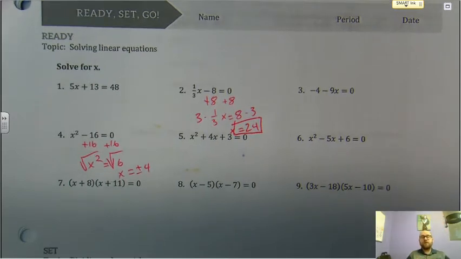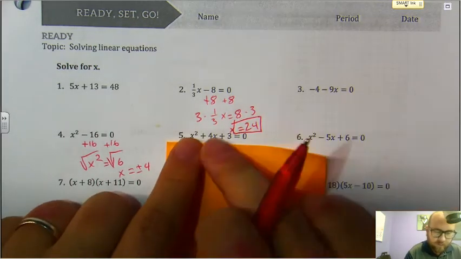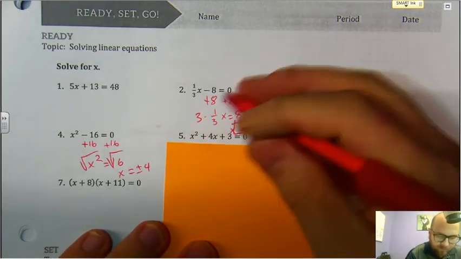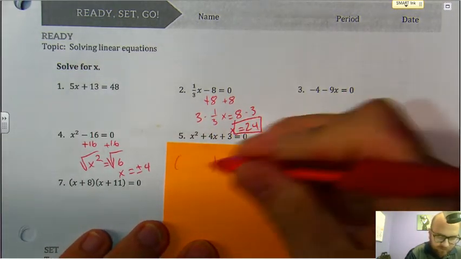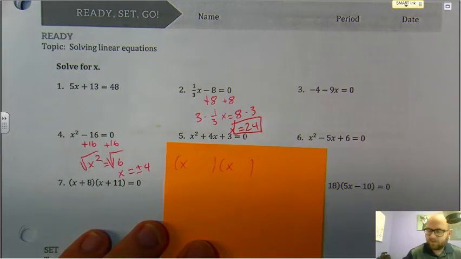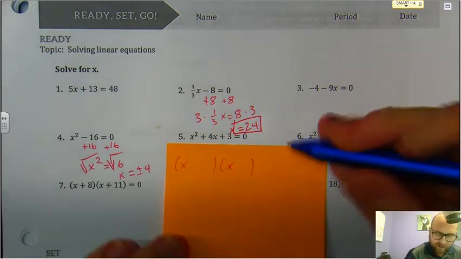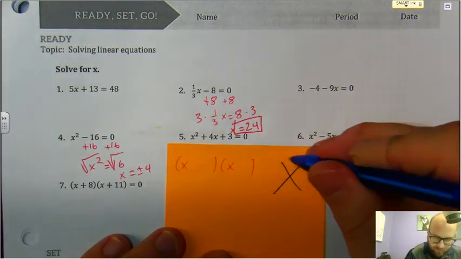But then we're going to get into a little bit more of a challenging situation with number 5 and 6 here. Now, numbers 5 and 6 have a b term in their quadratics. So now that we have a b term, how do we figure this out? Well, we have to factor it. We have to find these factors. So x and x. And the way I like to find factors is I like to use the x method. What two numbers